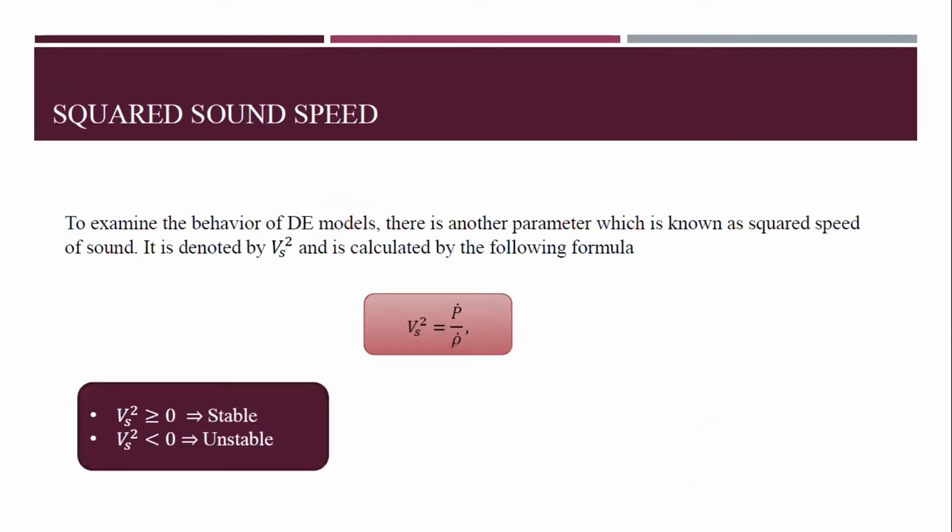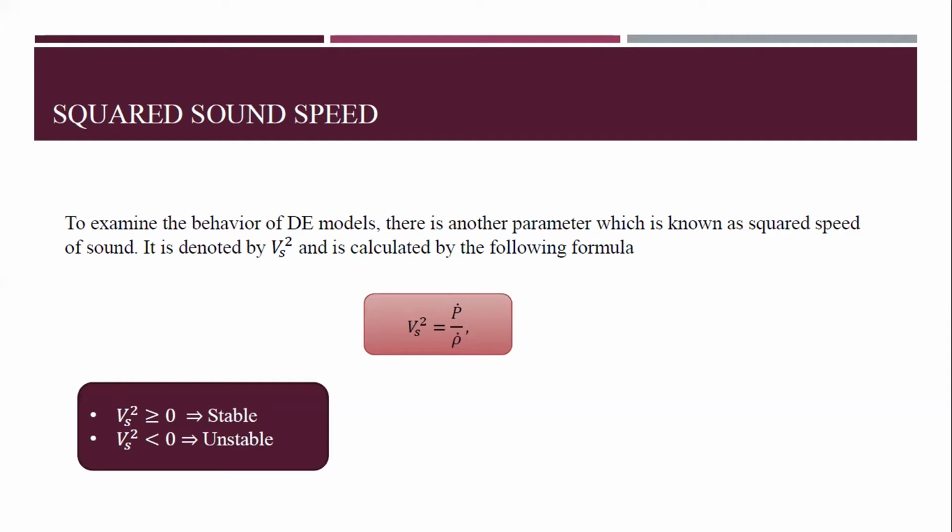So in order to discuss the instability of our constructed models, we can use the squared speed of sound. As the equation of state parameter discusses the evolution of the universe, the squared speed of sound indicates the stability or instability behavior of this evolution. Its working methodology depends on energy density perturbation from the theory of linear perturbation.